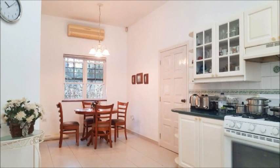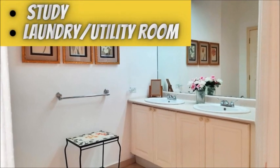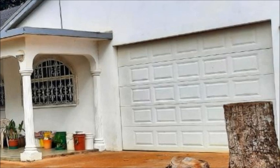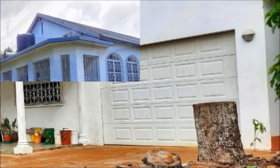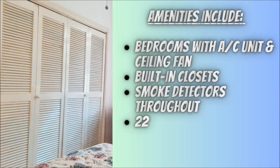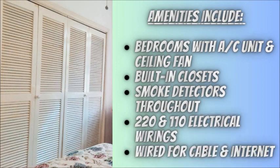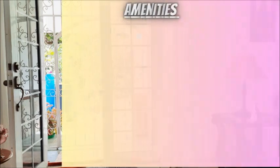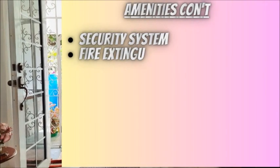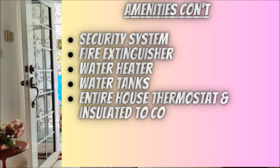a breakfast nook, a dining room, a living room, powder room, study, laundry or utility room, garage with storage, and huge loft. Amenities include bedrooms with AC unit and ceiling fan, built-in closets, smoke detectors throughout the house, 220 and 110 electrical wirings, wired for cable and internet, security system, fire extinguisher, water heater, water tanks, entire house thermostat and